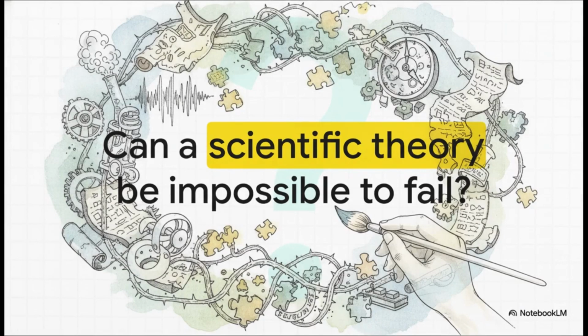I want you to imagine playing a game where the rules are supposedly incredibly strict, but those very same rules actually come packaged with built-in cheat codes, right? It begs a massive question for anyone who really cares about scientific rigor. Can a scientific theory be impossible to fail? Think about it. In standard science, if new data contradicts your theory, well, your theory breaks. But what happens if a discipline builds a framework where no matter what conflicting data pops up, the theory can just absorb it and claim it was right all along?